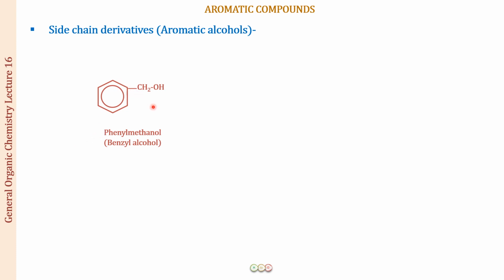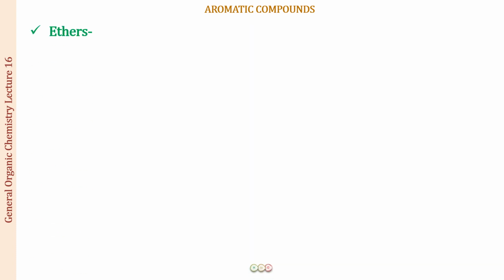And if you remember the other name, if you have a toluene from which you have removed one hydrogen, we refer to it as benzyl. So this becomes benzyl alcohol. All right. The next you can see it is CH2CH2OH, to which we have a phenyl ring. So this will be position number 1, position number 2. So 2-phenyl ethanol.